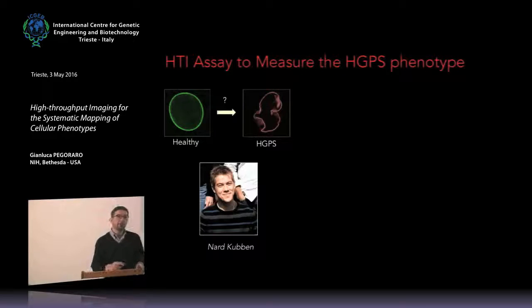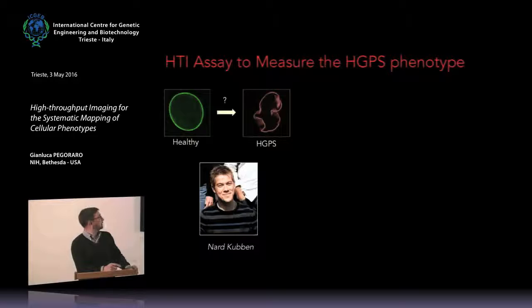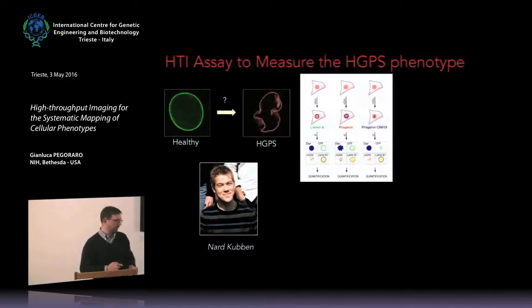So Nard Kuben, an extremely talented postdoc in the Misteli lab, wondered whether he could set up an assay based on high content imaging in which he could identify the factor or factors that are involved in this transition between the healthy and the Progeria patient state. And even more importantly, he was interested in finding possible factors that, when knocked down, could lead to a suppression of this phenotype. So to address this problem, he generated stable cell lines inducibly expressing different